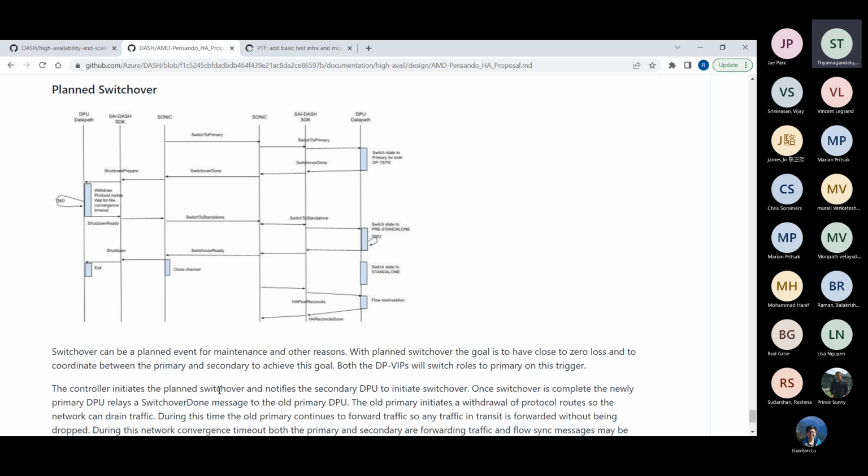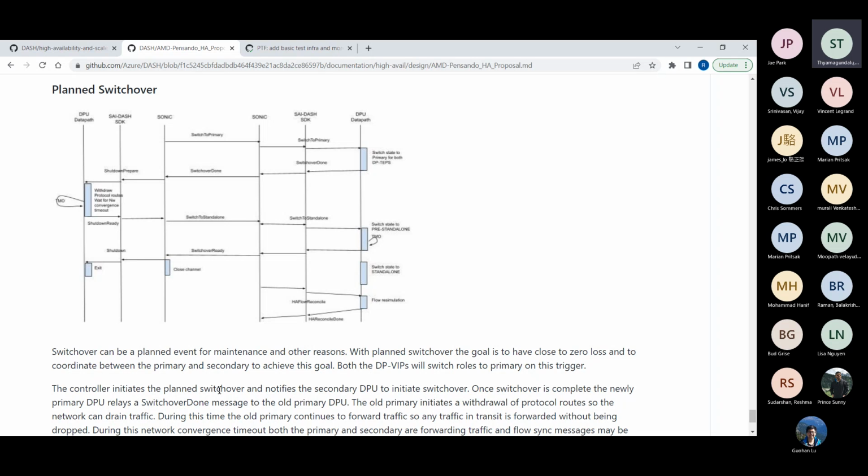The DPU data path on the other side does some primary function to prep for switchover, and on the old active side, we withdraw the protocol route. For example, if it is BGP, we withdraw the BGP route and then wait for a convergence timeout, right?